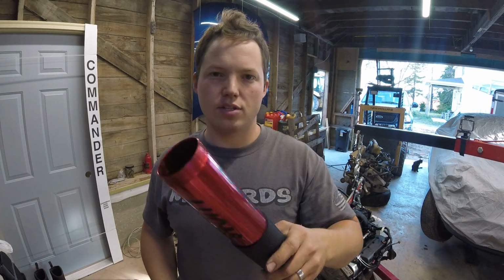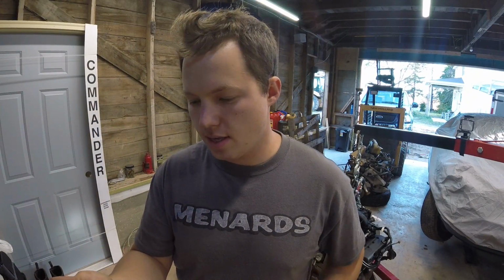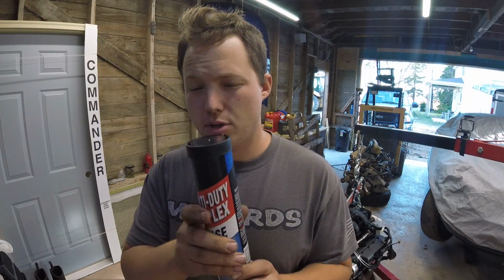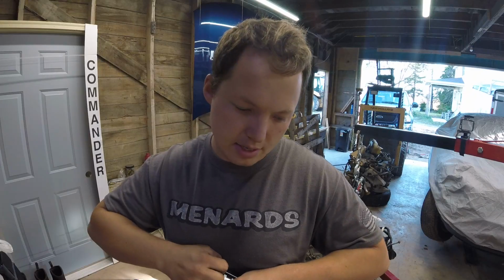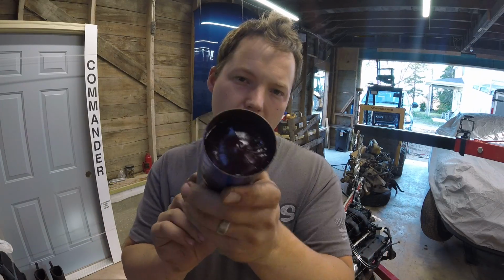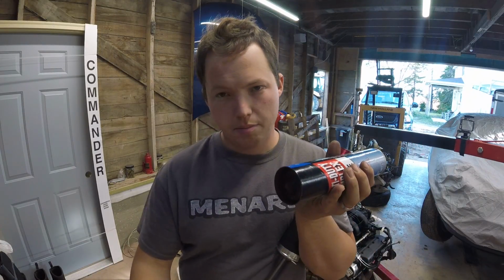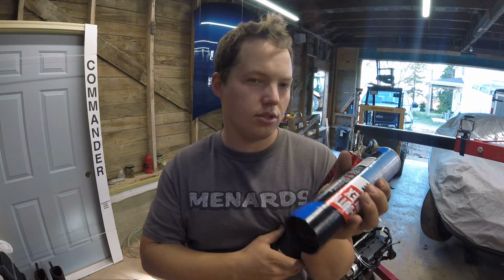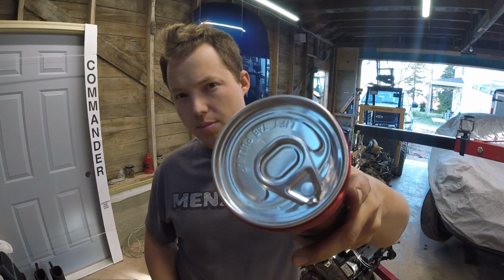So there we have this ready to receive a new multi-duty complex grease. This is the extreme temperature stuff. It's red. Doesn't really matter what type of grease you're using, I guess, but you'll see one cap just has the cardboard end on it like that. That side that just had this plastic cap on it, that goes down into the grease gun first, okay? Just like that. So you end up with this metal,